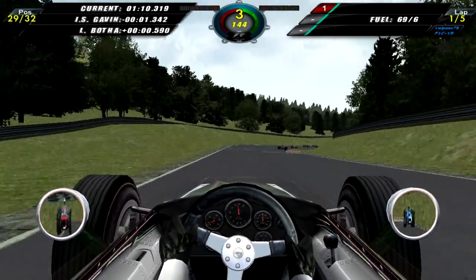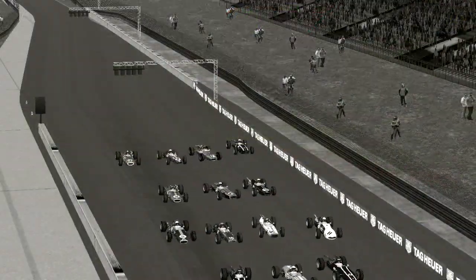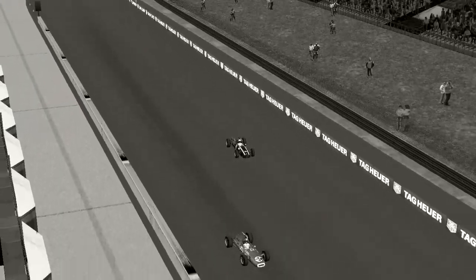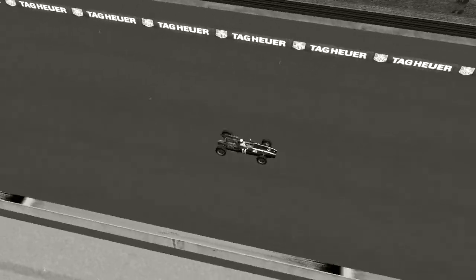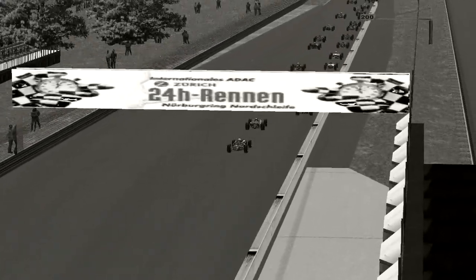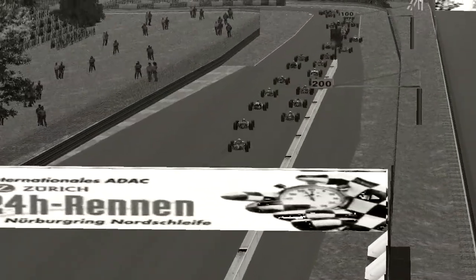You want to be as careful as possible at any time, and we already have a couple of cars turned upside down as we take a look at the replay of the start. Again, a bit slow on my end, but then again I didn't lose too much since everyone was quite slow overall as we are